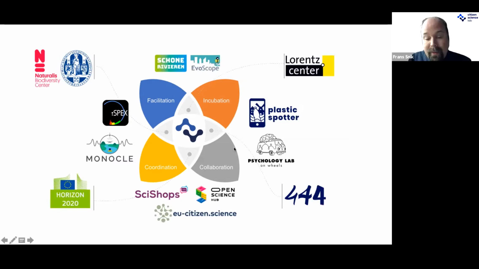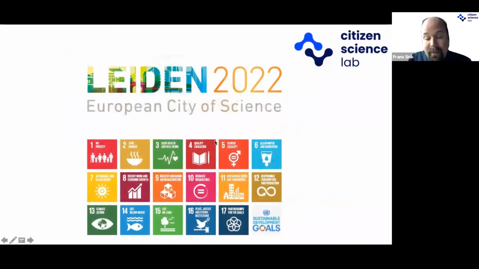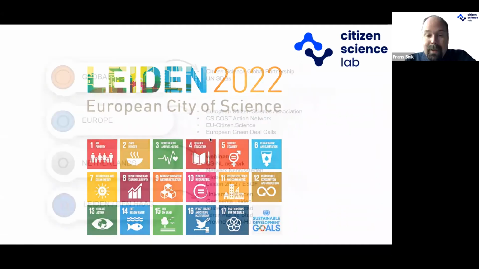We already have our little ecosystem here, and we're trying to expand that. And the expansion is really focused on two things. In 2022, Leiden will be the European City of Science, and we want to make it also into the European City of Citizen Science with a large program in collaboration between the university and the rest of the city and the rest of the province and the rest of the country. And a lot of our topical focus is on the Sustainable Development Goals, but we'll have another webinar at some point going into depth of that.